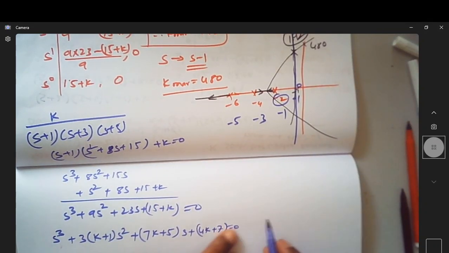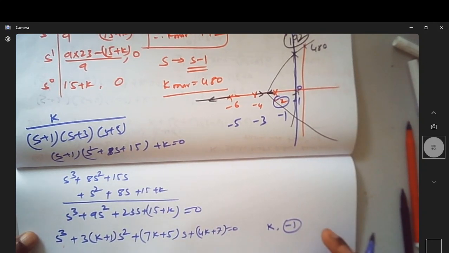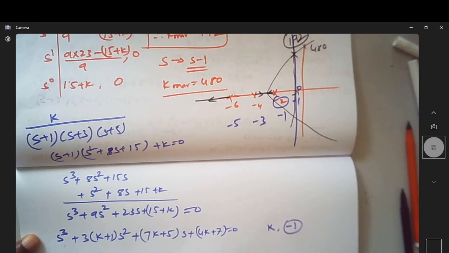In this characteristic equation we are asked to find the value of k such that the closed loop poles are more negative than minus 1. For which I have to replace this s by s minus 1 whole cube,